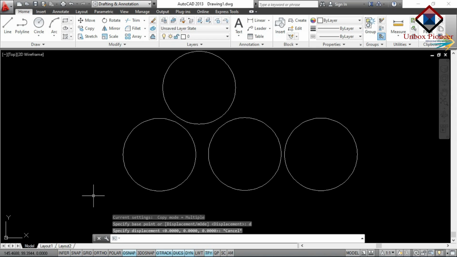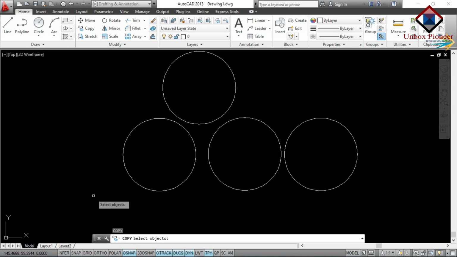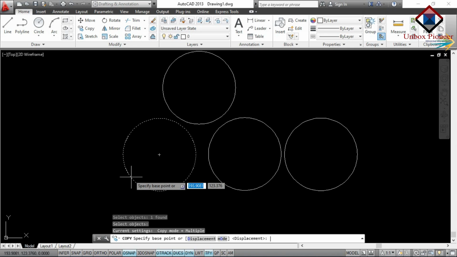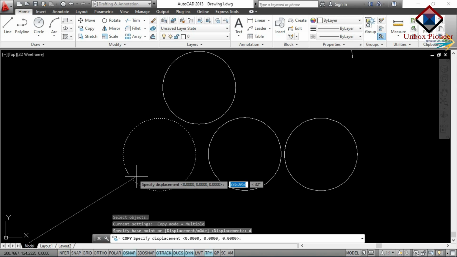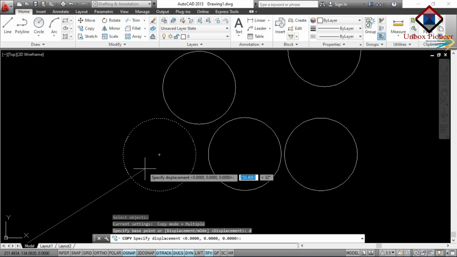For displacement, we have to put the copy command first, CO, enter. Then we have to select the object, enter. Then for displacement, you have to type D, enter. Then here it will ask to specify the displacement for the X, Y and Z axis.